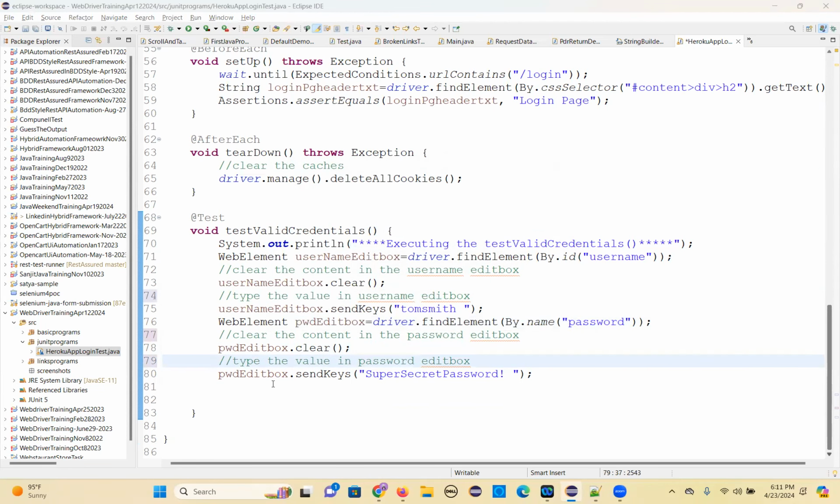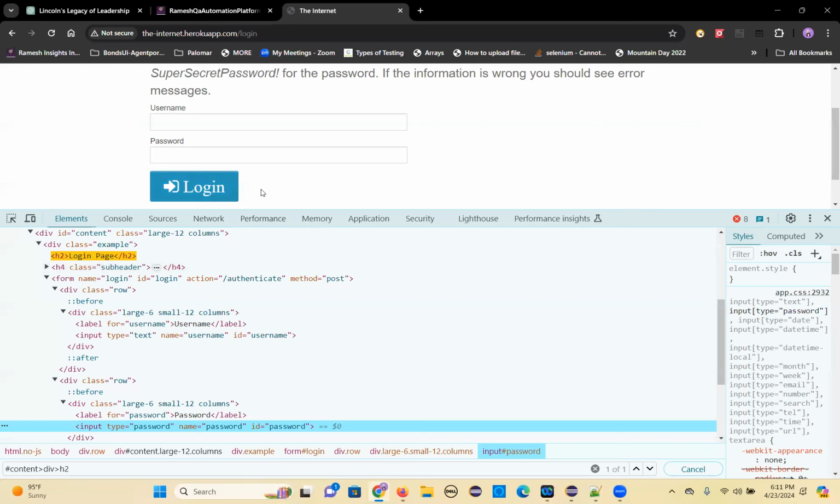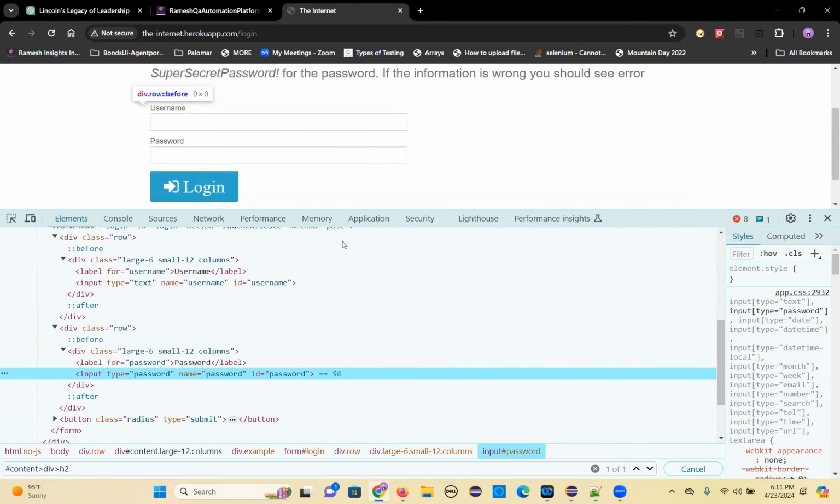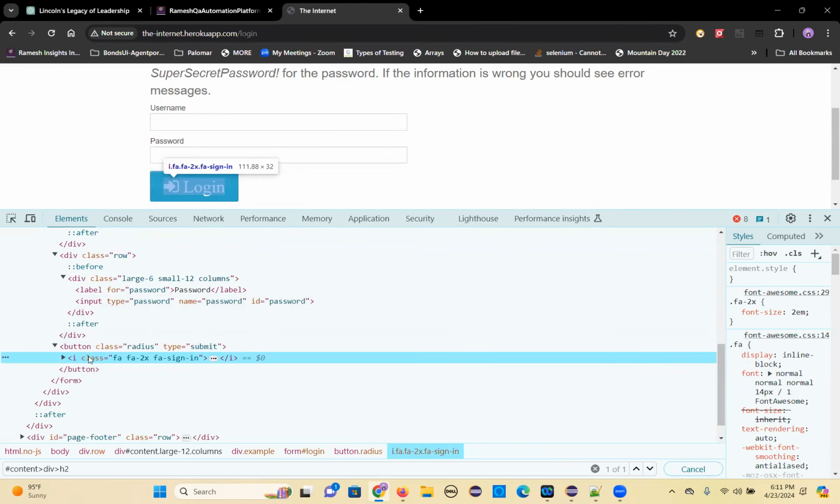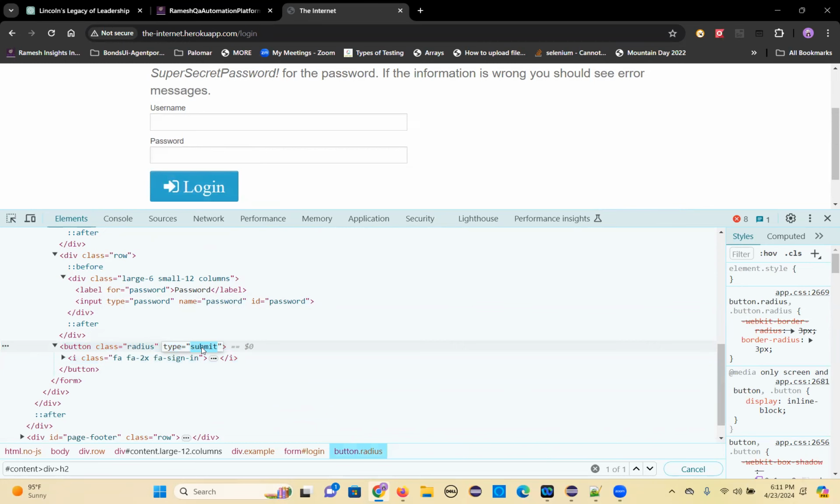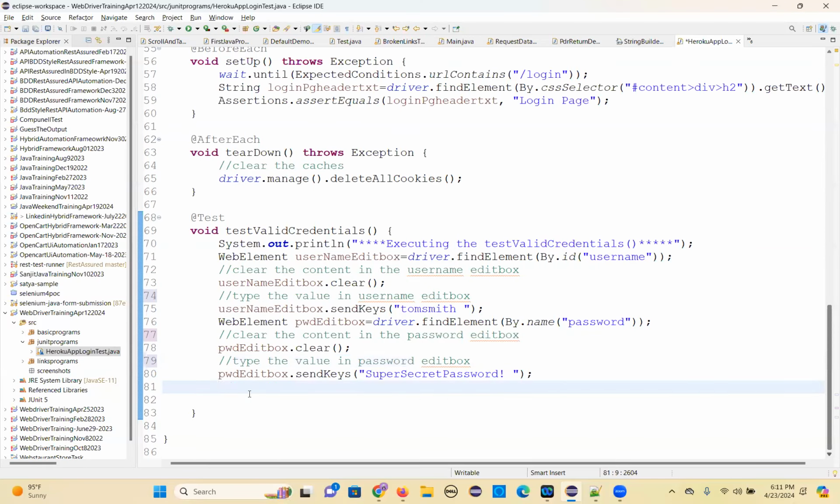So now after that, what is the next step? You typed username, password. Next, what is the next step here? Click on login button. So click on login button. You have type submit, so you can use button type submit. I'll write XPath for this. XPath or CSS selector, whatever you want. Click on